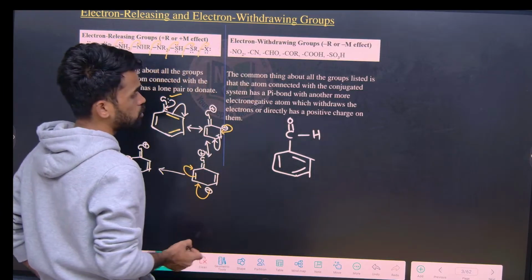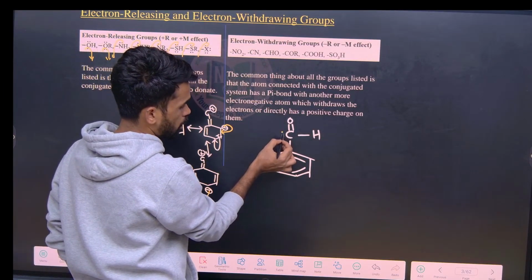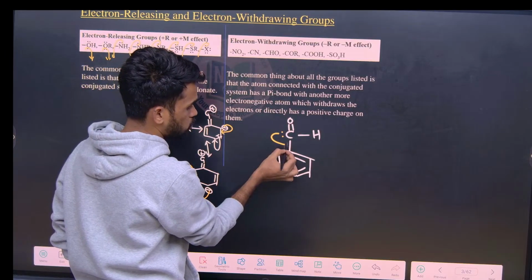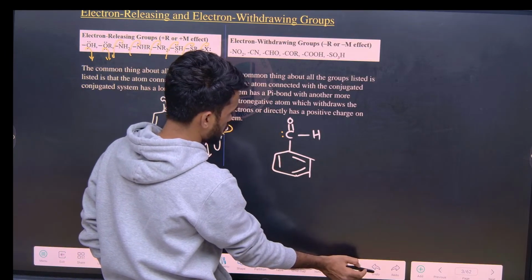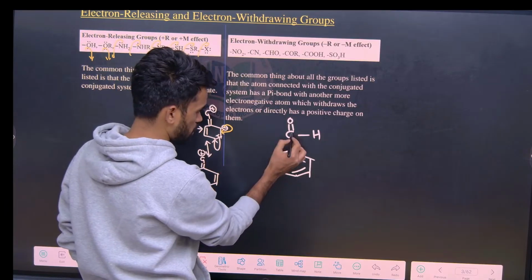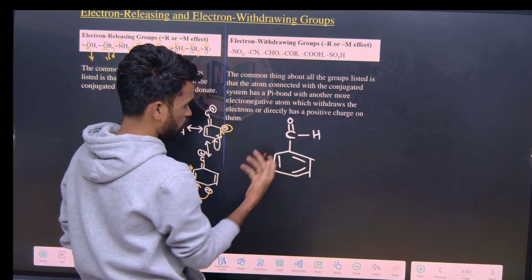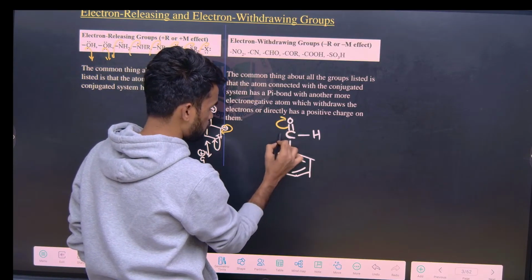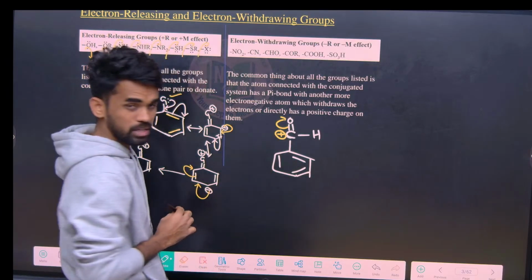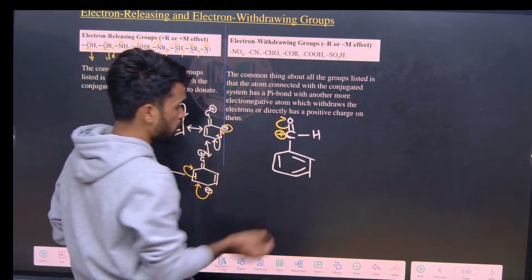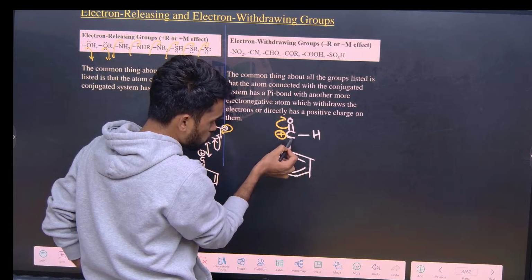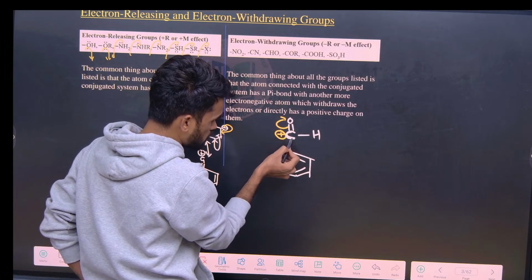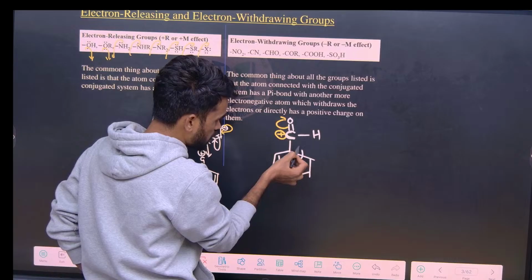So now what will it do? See, there are no non-bonding electrons on carbon to donate into the ring now. So what happens in this case is, which is more electronegative between this carbon and oxygen? We know oxygen. So that creates a positive charge on the central carbon, I mean the carbonyl carbon group. Okay, so now when there is a positive charge, to stabilize this positively charged carbon, the pi electrons of the ring